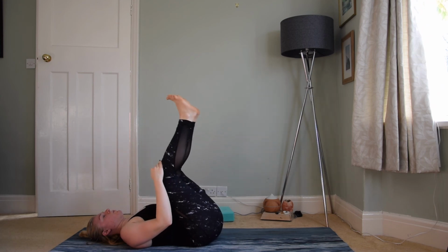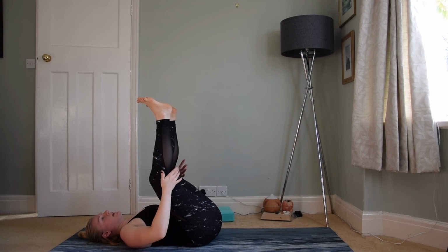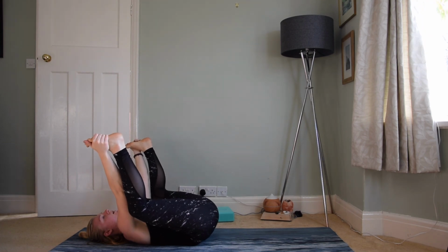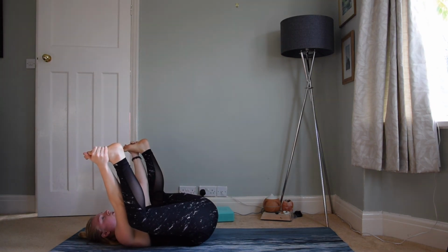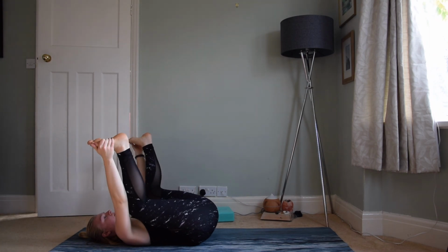Extend the feet upwards. Try and have a more or less right angle bend in the knees. At the moment I'm a little bit further than that. I'll take the knees wide, reach the hands up towards the outer edge of the feet and draw the knees down towards the armpit, and I'm getting a little bit closer to that right angle bend. Just make sure that you've not got the knees in really tight, the feet happen to pull to the side,